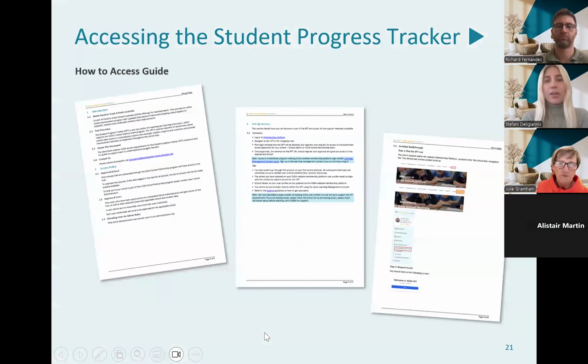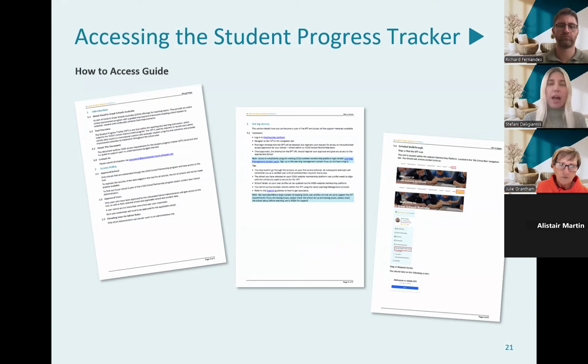Now looking at how to access the student progress tracker, Richard has shown you how to do it, but everything he's gone through is available in our how to access guide. This guide walks you through the exact steps for getting set up with the student progress tracker, from logging in and requesting access to getting approval and navigating the platform.